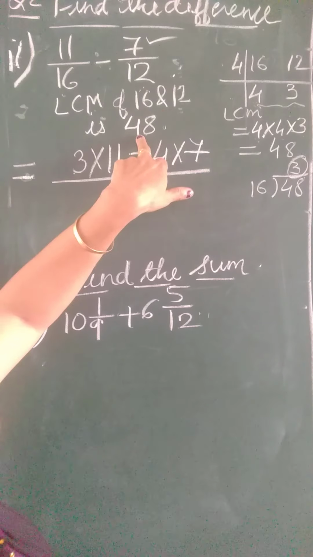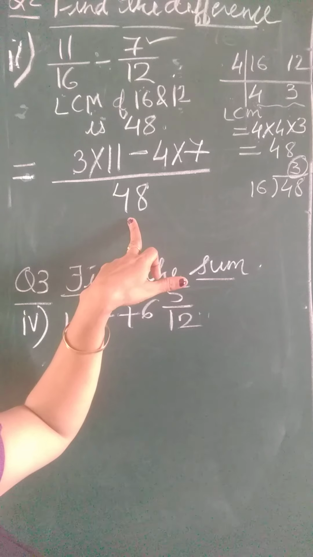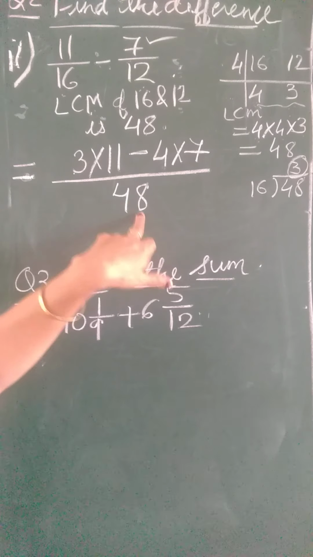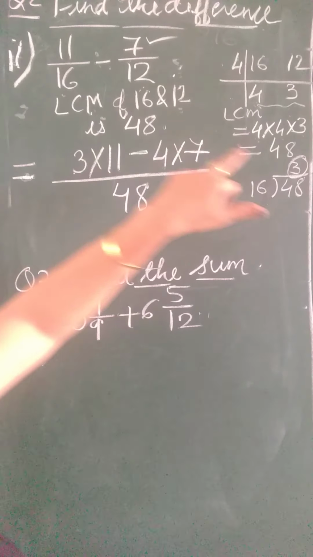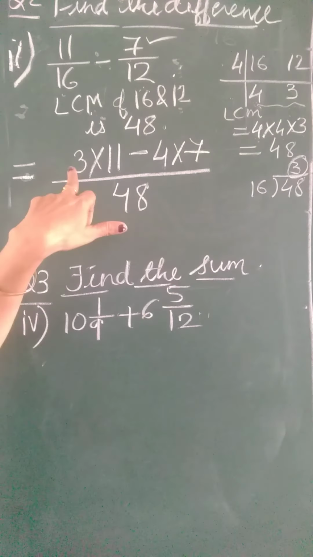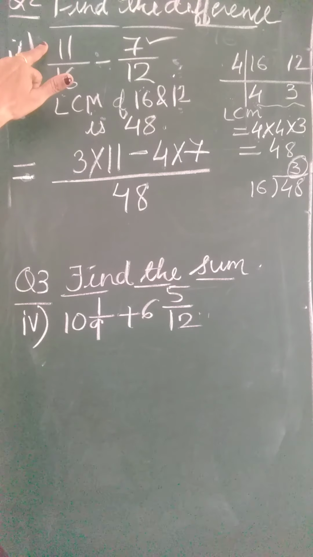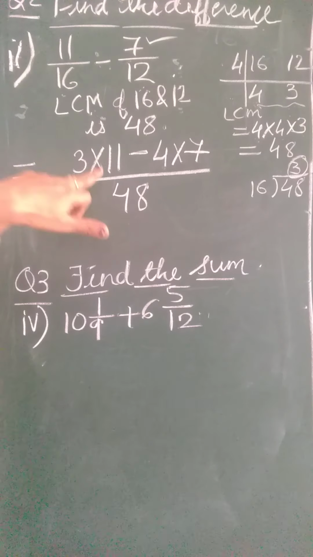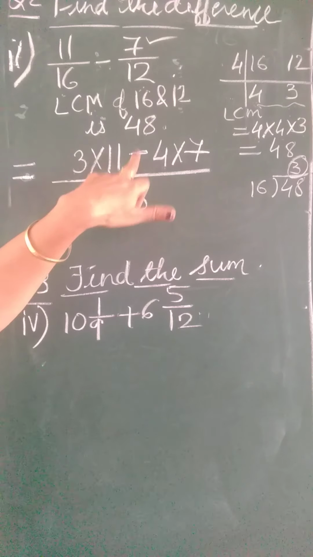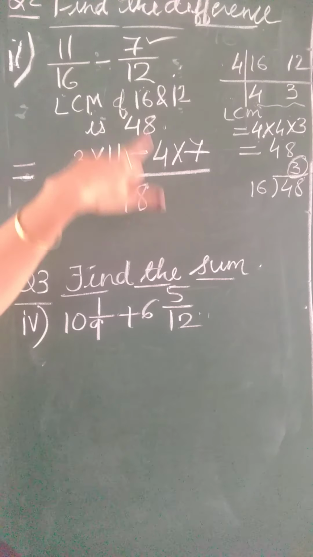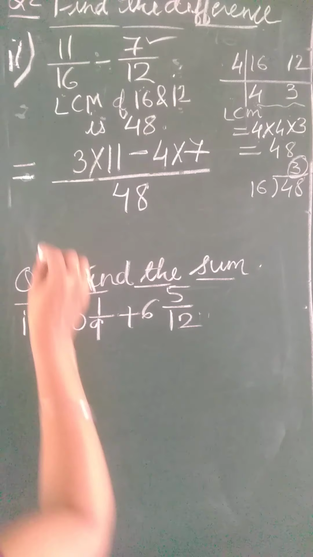See again what I have done. First you will find the LCM in this way. LCM you got. Then you draw one line. Write the LCM as it is. Now this LCM you will divide by the denominators. First I divided by 16. When I divide I got 3. And this 3, whatever the answer of division, you always multiply with its numerator. And here the numerator is 11. Minus, whatever the sign, minus or plus. This you can do with plus also. Now 48 divided by 12 is 4. 4 into 7.